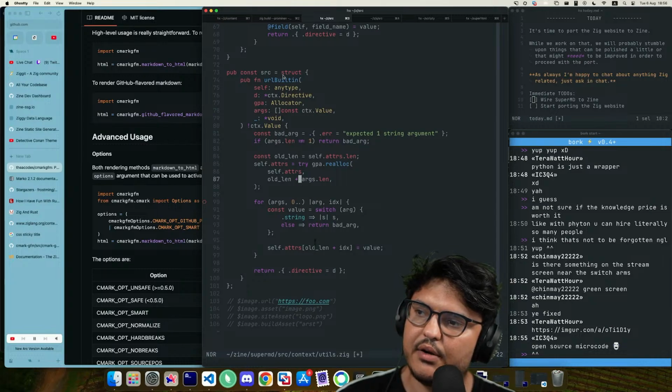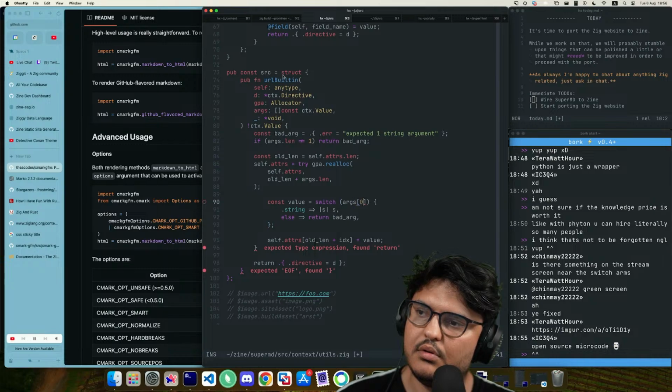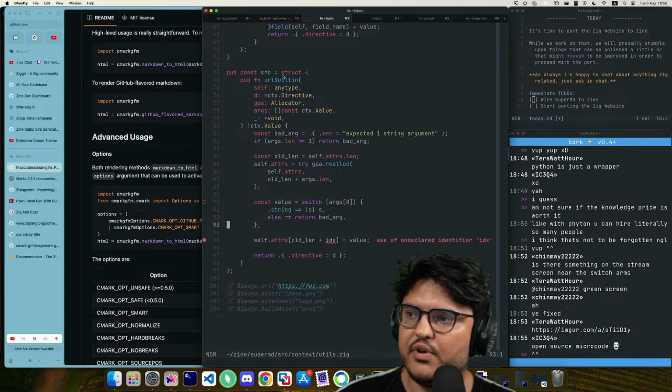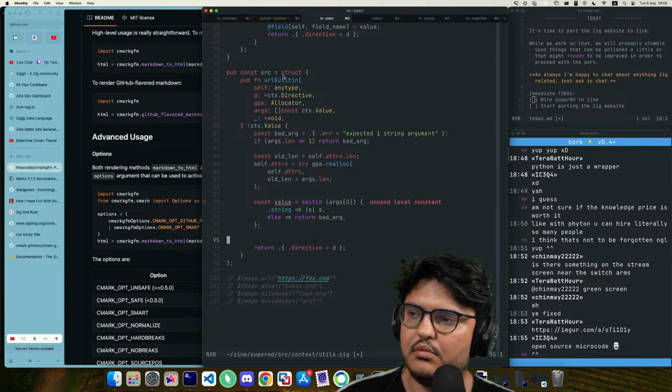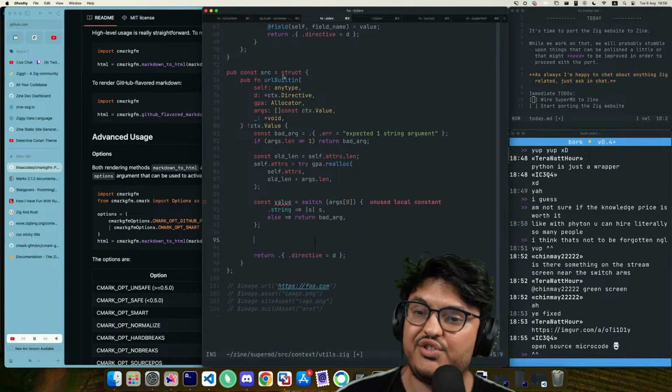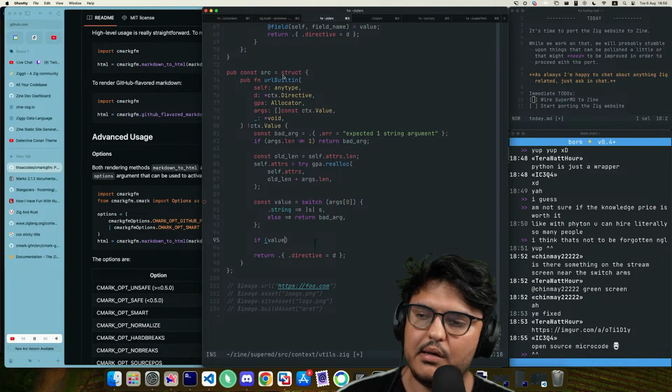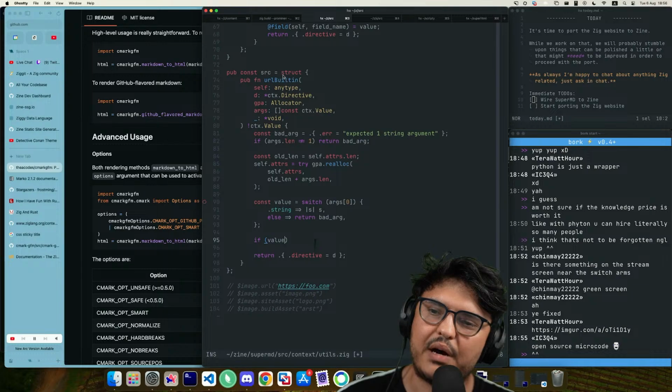Okay, expected one string argument. We grab the value, we test it. If value, technically we should parse it as a URI.